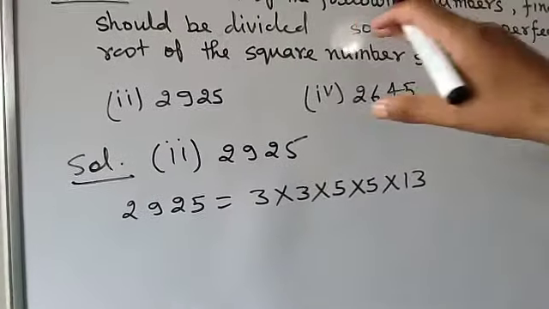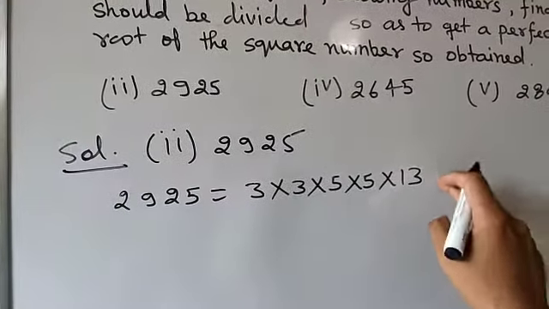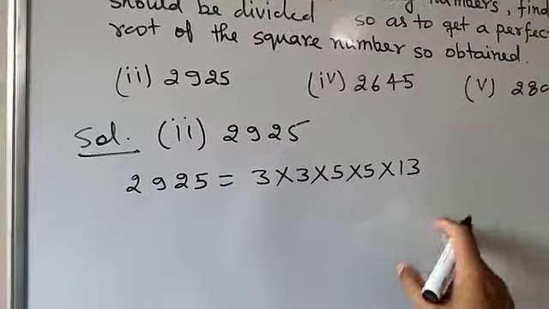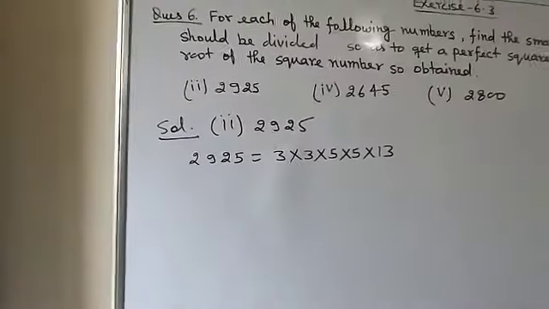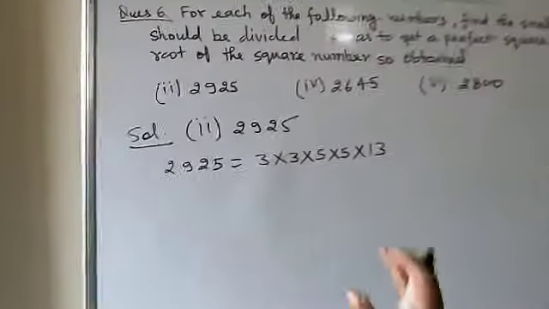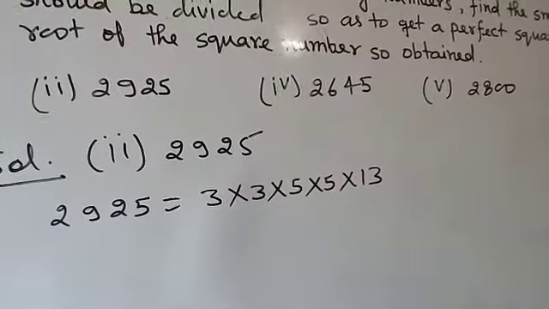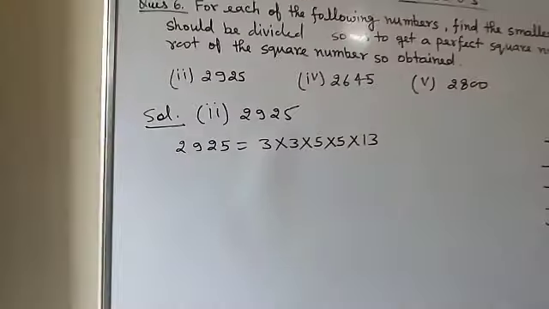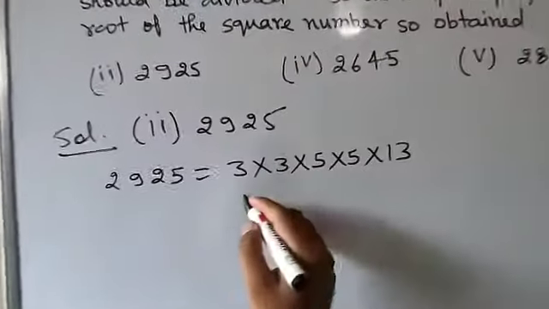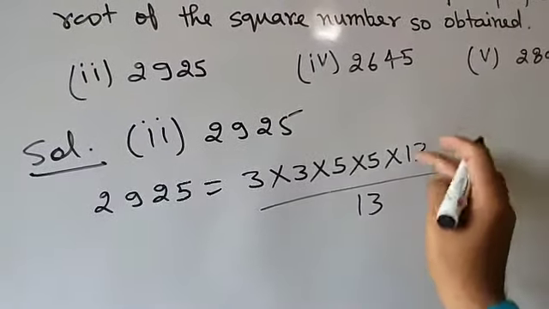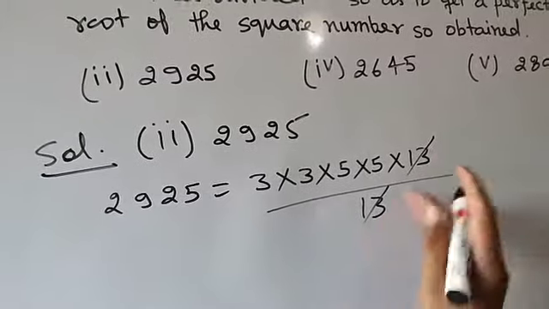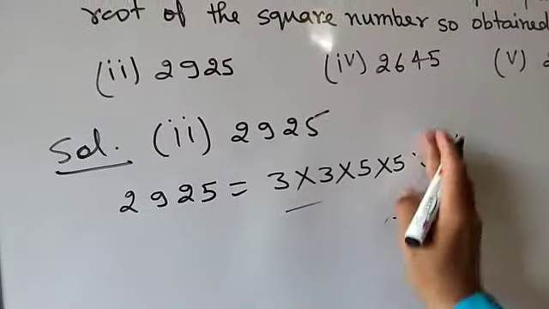So students, if the same question is given for multiplied, then your answer will be 13. It should be multiplied by 13. But the question is asked for the number by which it should be divided. So whatever the number by which it is multiplied, if you divide by the same number, again the number will be a perfect square. For example, if you divide it by 13, the 13s will cancel and you will get the number like that.